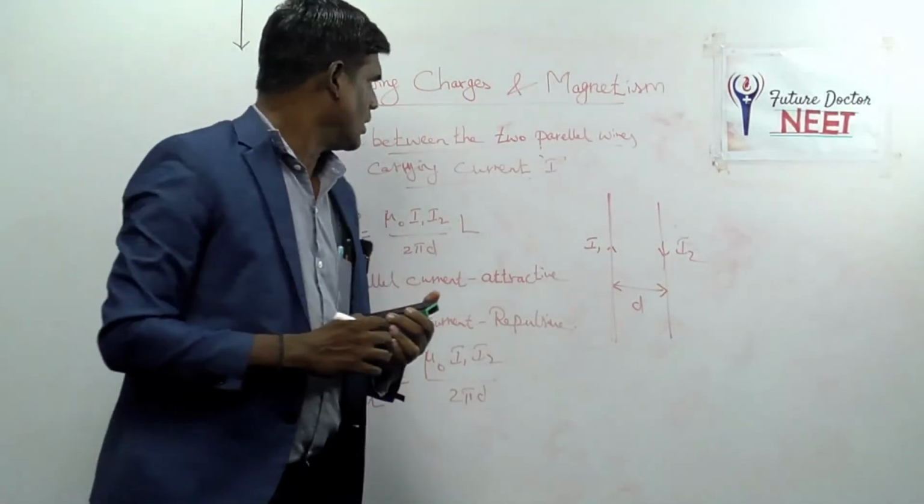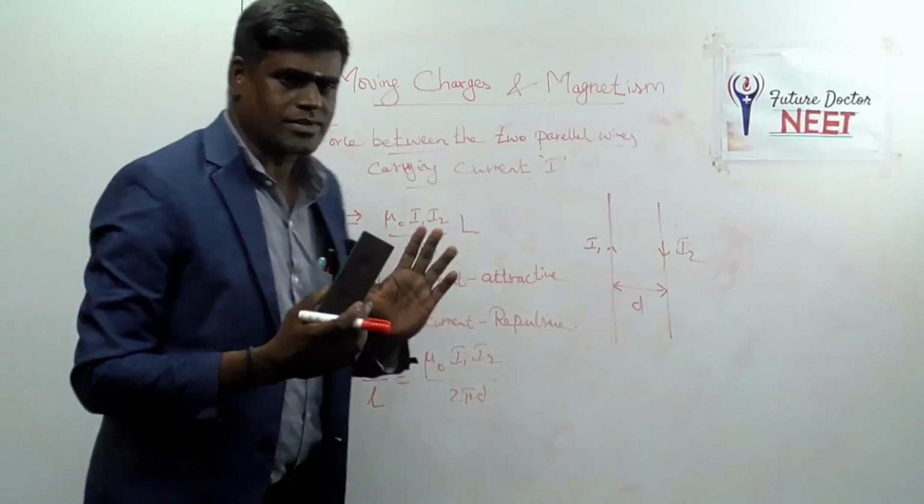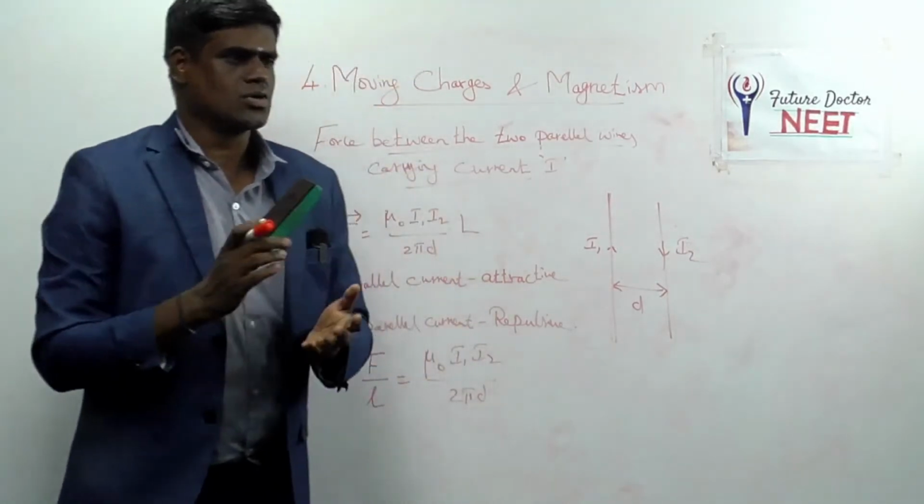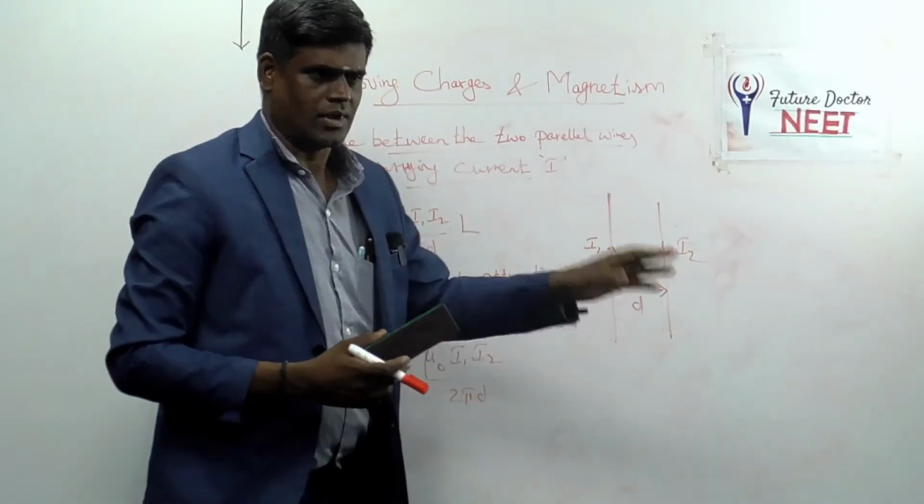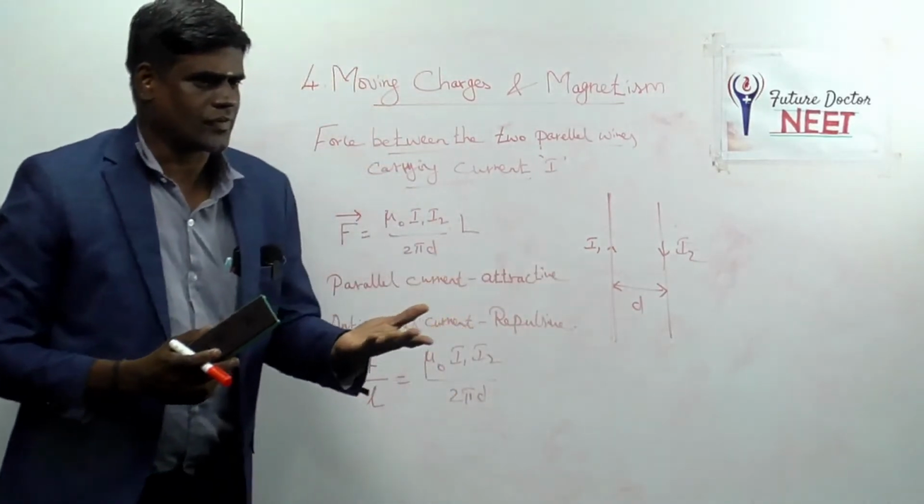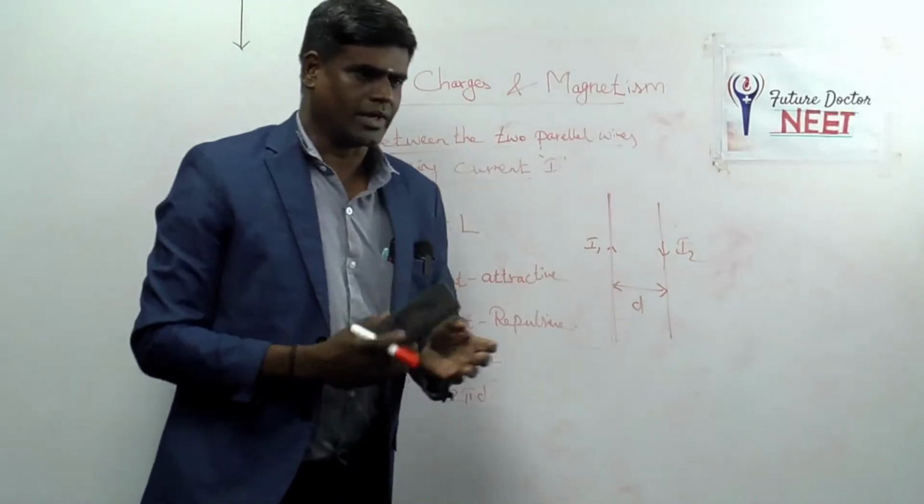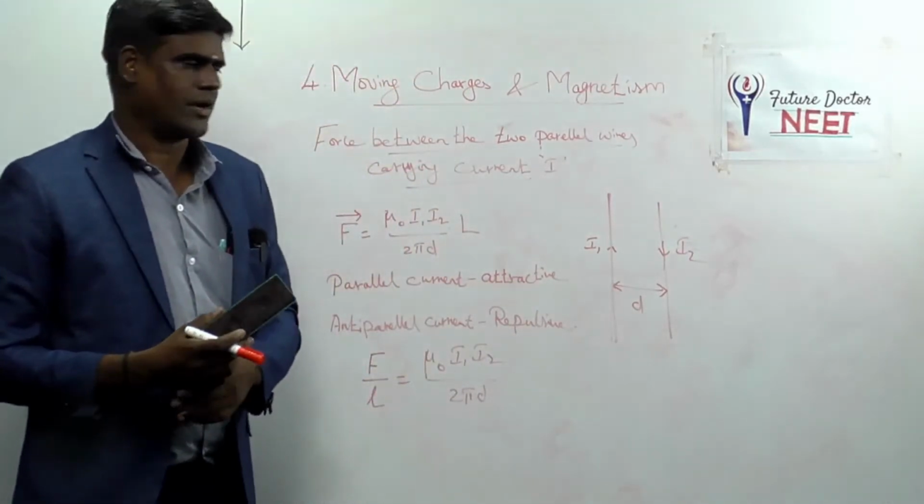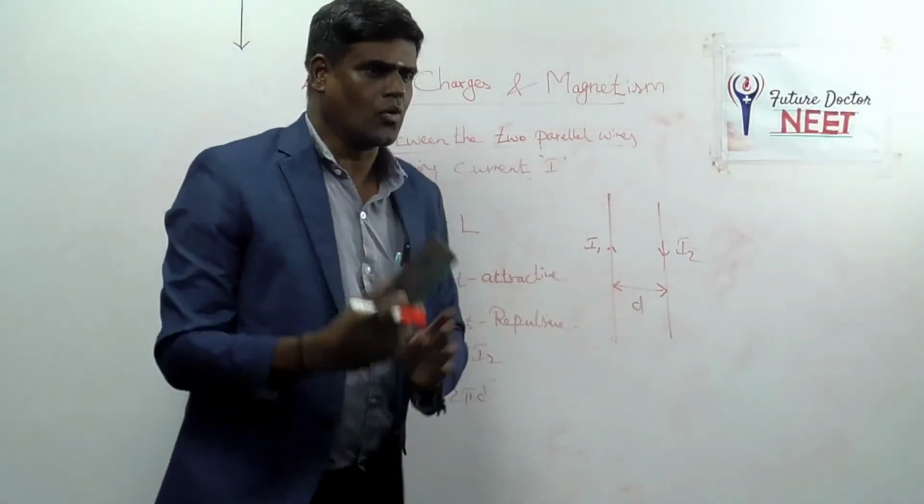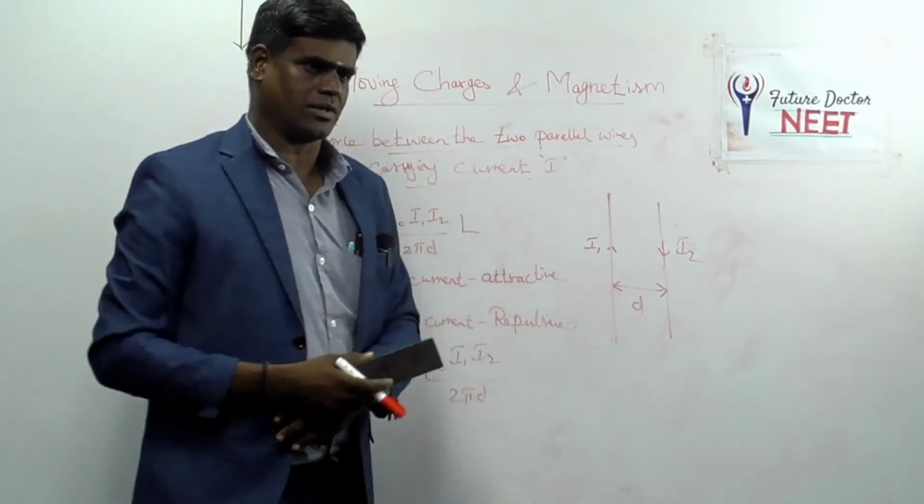Okay. And in the next session, we are going to discuss solenoid, toroid, and moving charges in a magnetic field, that is the cyclotron, and that will be applied to the moving coil galvanometer. And from the moving coil galvanometer, how a galvanometer is converted into an ammeter, and how